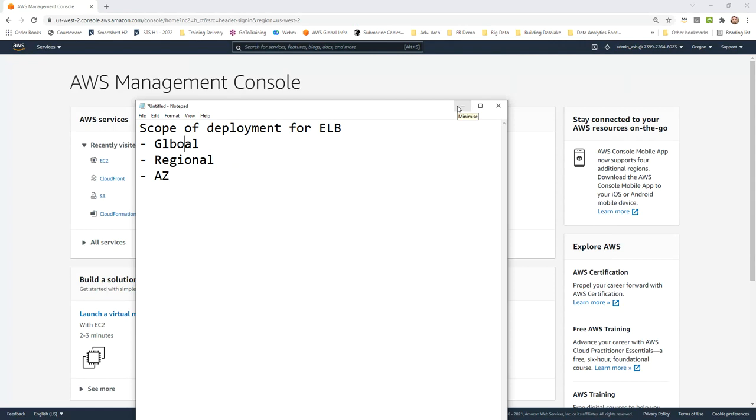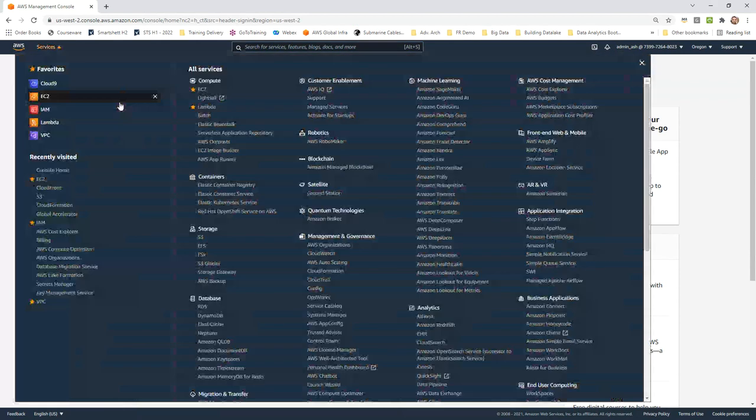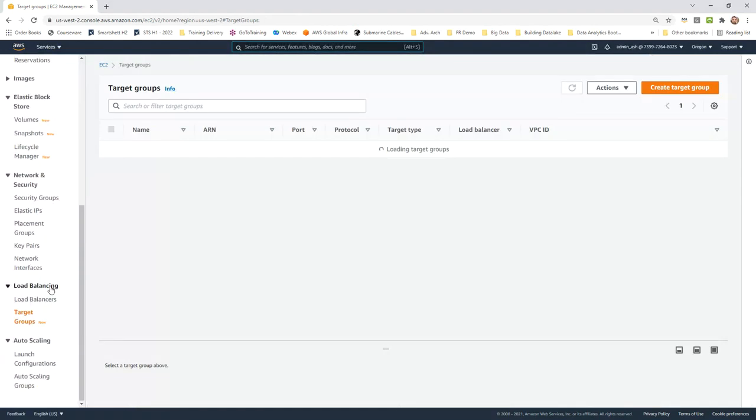The best way to check whether a service is global, regional, or AZ-based is to go to that service and see how it is deployed. If I look here, there is no service in the list which says load balancer. The load balancer UI is part of the EC2 service, so I have to go to EC2, and in EC2 I get an option for load balancing available inside it. So I would go ahead here and I would be able to see my load balancing option. There are load balancer target groups available.